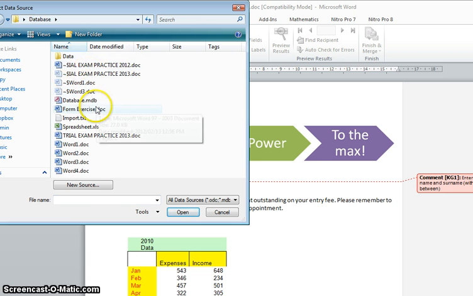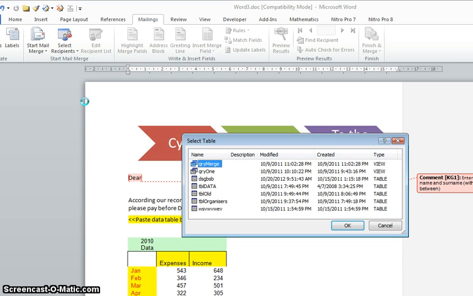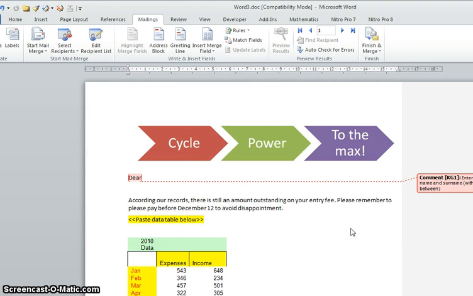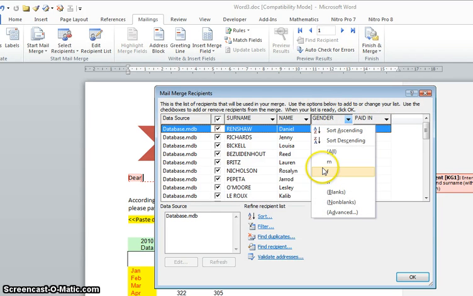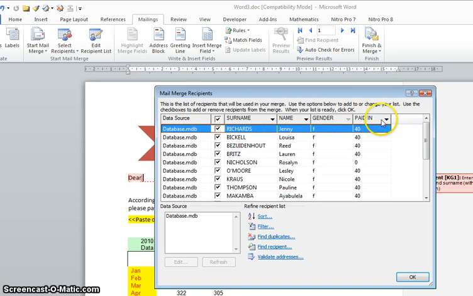And I've put my database in here. Yes, I have. And now there are a whole lot of things I can use from the database, all sorts of tables, and they say they want me to use the query merge. Okay, so that's the query merge, and now edit the recipient list. Okay, I only wanted female first of all. So what I can say is here under gender, I can say that I only want female,